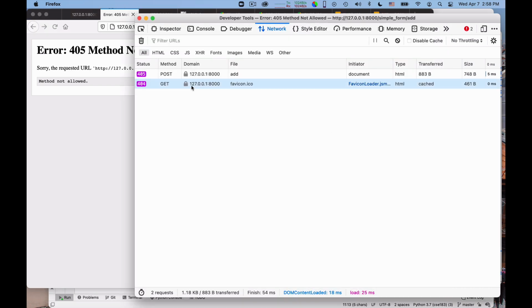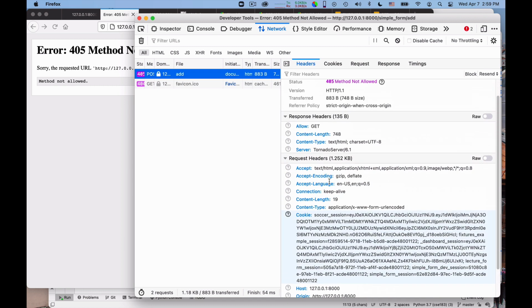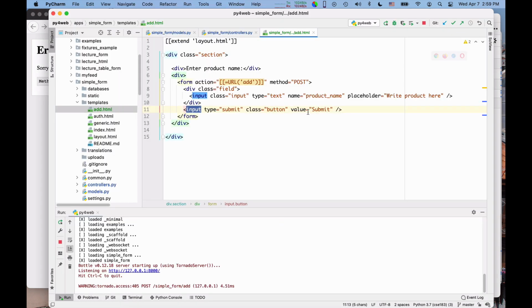In the meantime, this is the post, and we can look at the request, and the payload is product name is equal to banana. This product name is precisely this.